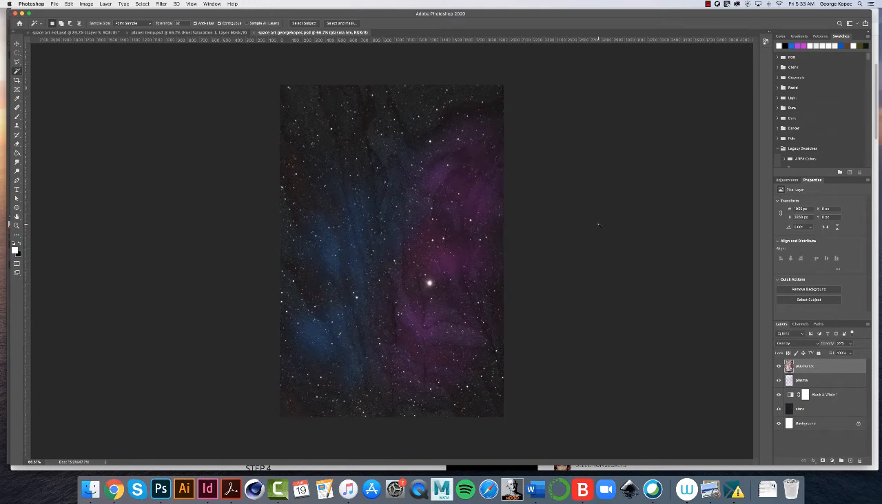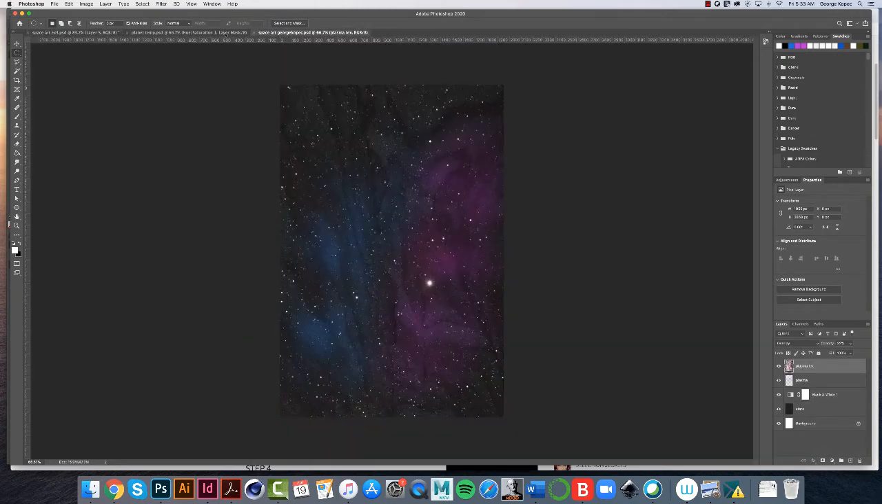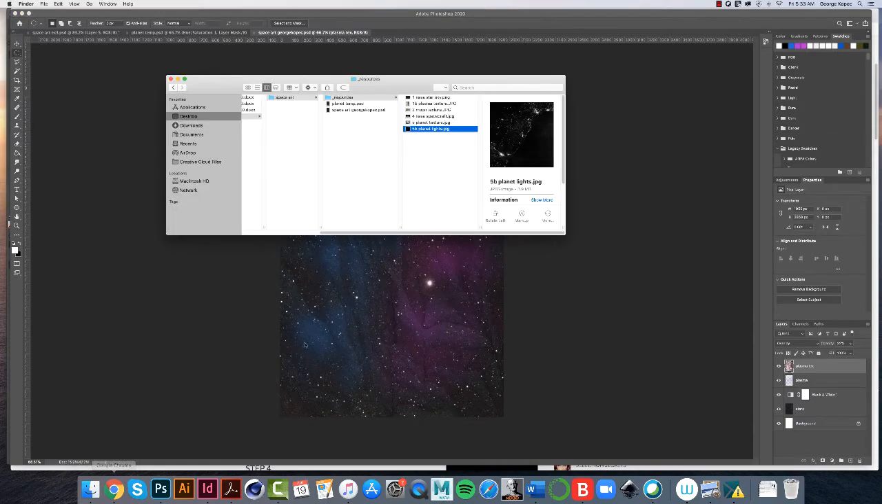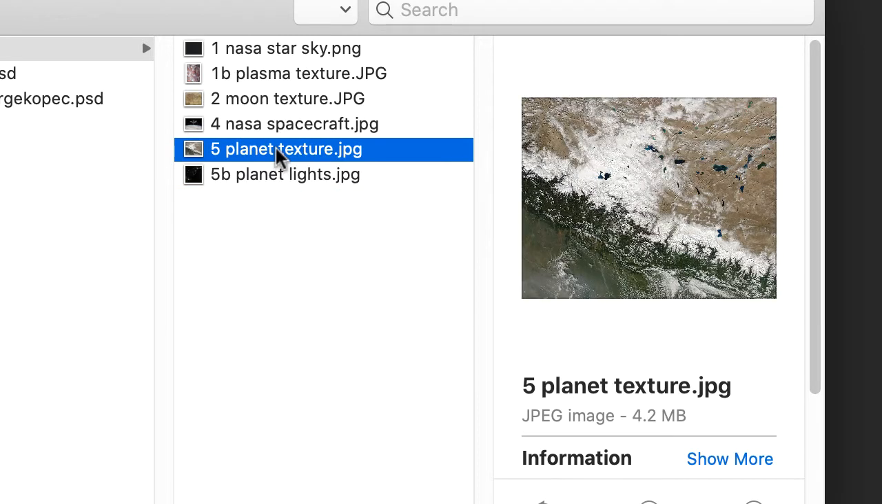Okay, make sure your file is saved, and let's continue on. Let's look at our example again. Next, we're going to add this planet here at the bottom. Okay, there we are. So go into Finder or Windows Explorer or Mac Finder, and you're going to choose this image,